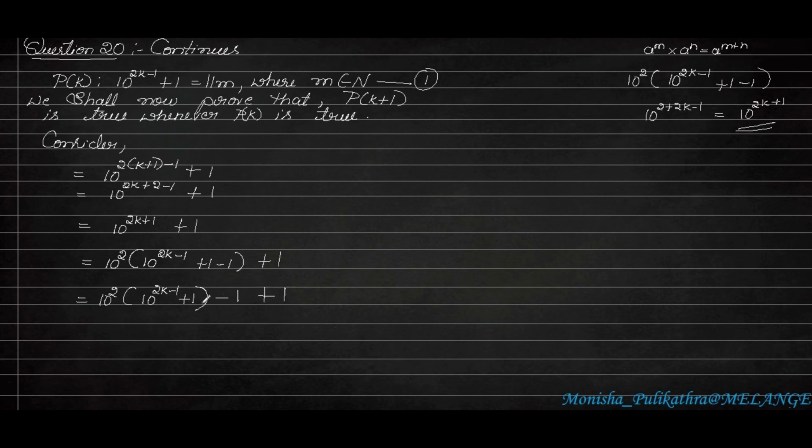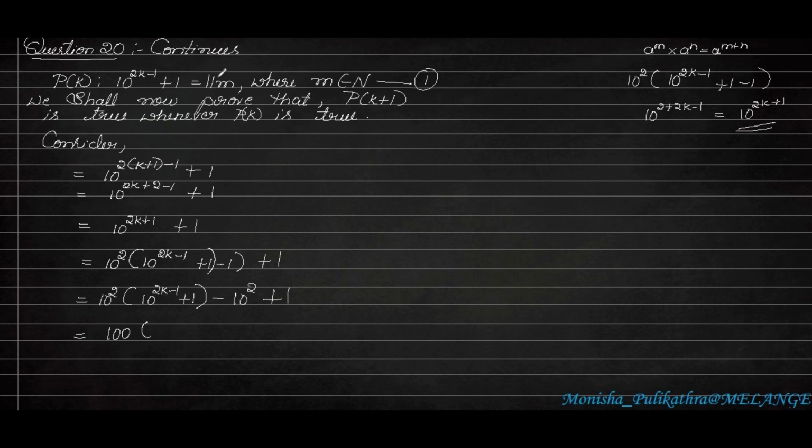Next we can multiply it in the form, that is this minus 1 we can take, or else we can directly multiply it. So up to here I will be multiplying 10 to the power of 2 with it, and minus 1 also we can separately multiply, because the whole thing is in multiplication form. So 10 to the power of 2 into 10 to the power of 2k minus 1 plus 1, minus 10 to the power of 2 into minus 1 will be 10 to the power of 2, and plus 1 we write as it is. Here 10 to the power of 2 is nothing but 100. So 10 square is 100 into 10 to the power of 2k minus 1 plus 1.